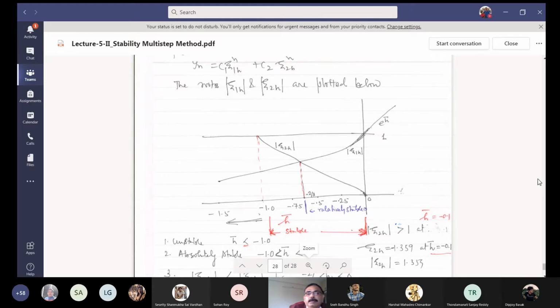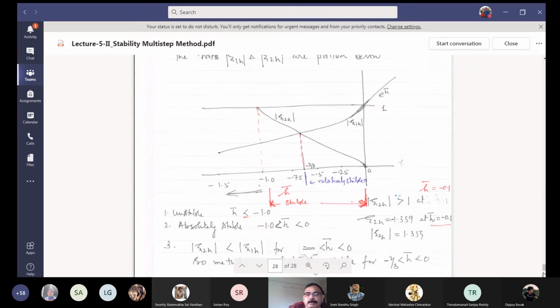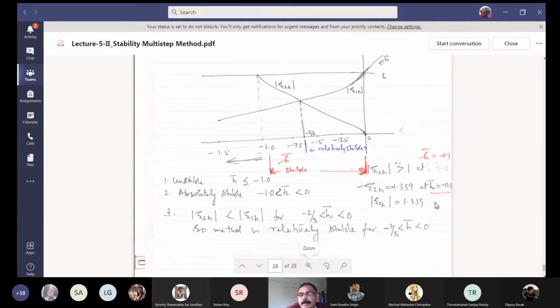Beyond that, it goes up. I think the value I have somewhere written it is. At minus 1, it is minus 1.359. So at this point, it goes beyond that. Before that, it is inside 1. The magnitude is 1, because the value at minus 1 turns out to be minus 1.359. So it is beyond 1. Means just before 1, means 1 cannot be considered. Till that, its magnitude value is less than 1. Is that right? Xi2h. Yes, sir.